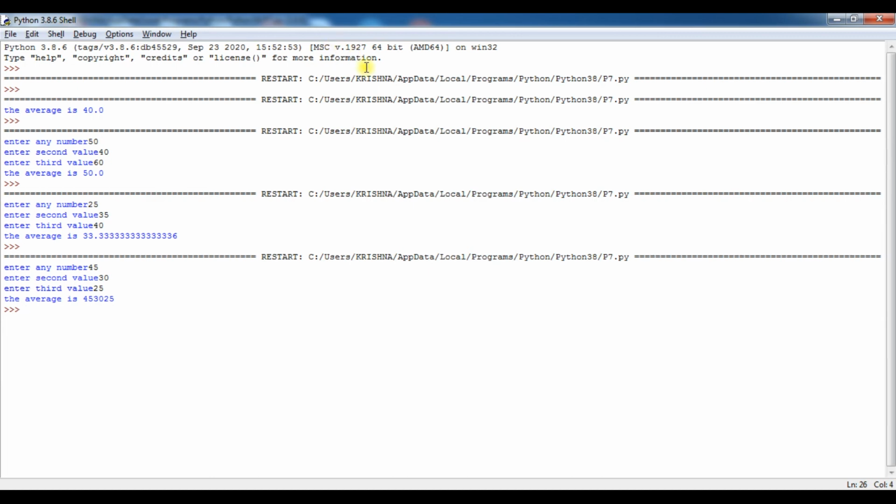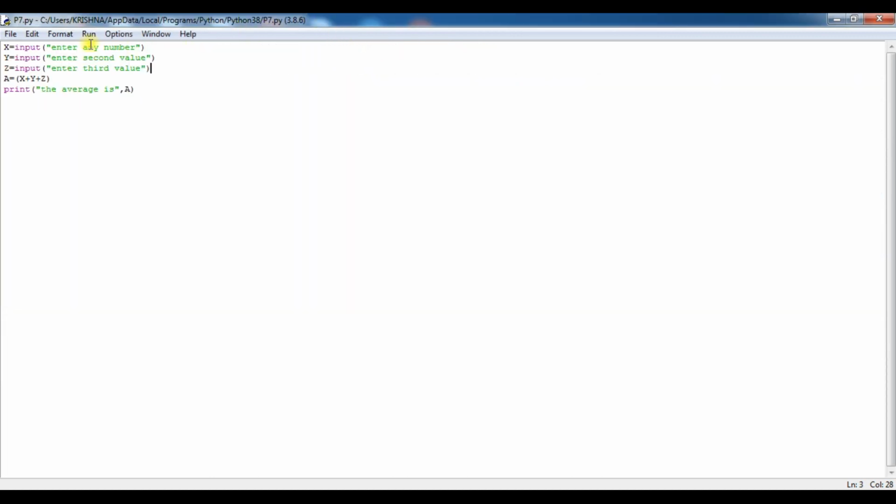So I mean to say that when you don't use int, any value you enter will be considered as a text or a string, so no calculations can be performed. So to convert the number into a numeric value, an integer, you have to use int or float with the input statement.